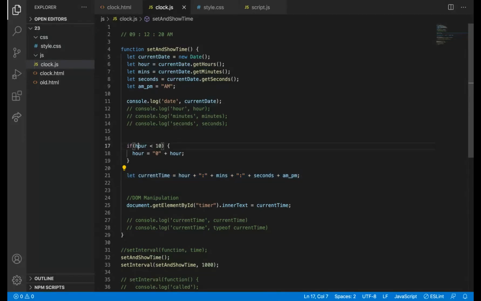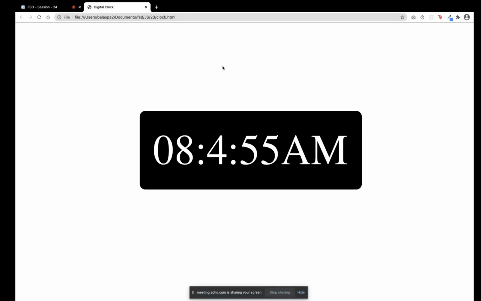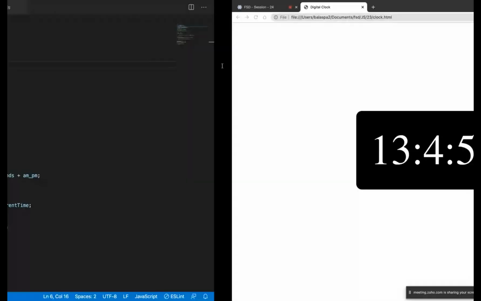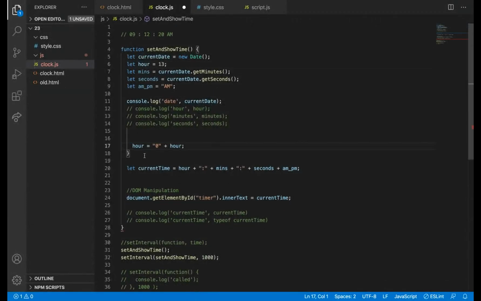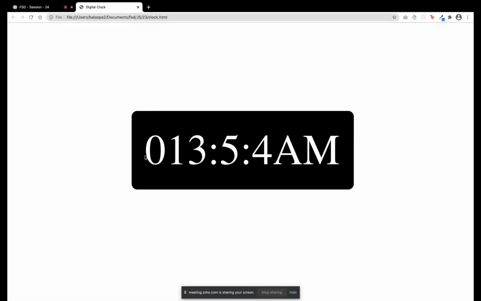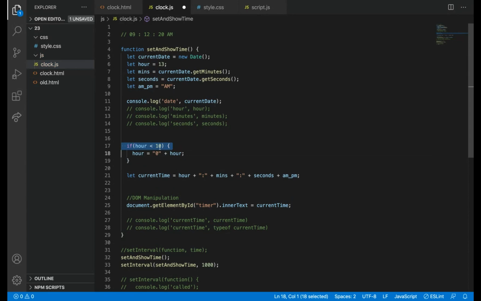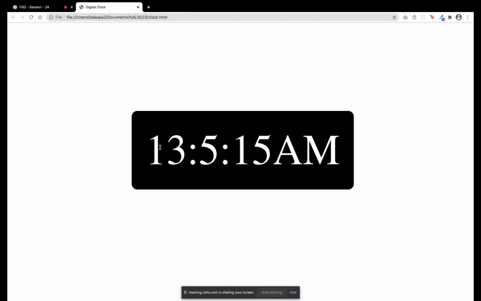Because what it is doing is, if my hour is less than 10, okay, we can now check. We are going to check if my value is 13, because it is railway timing; 14, 15 till 24 will come. So for 13, 0 is not appended. If the condition is not here, it will get appended. Can you understand why we have added this condition? We want to add 0 to the hour, but only if it is less than 10. So now it is not getting added.